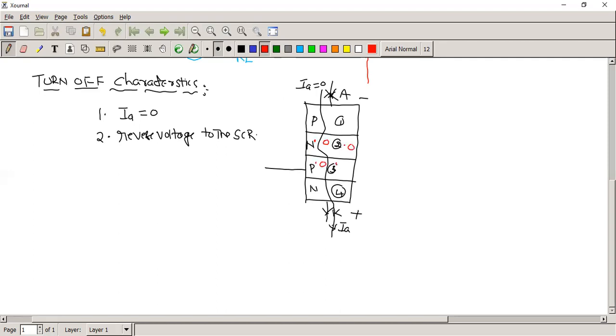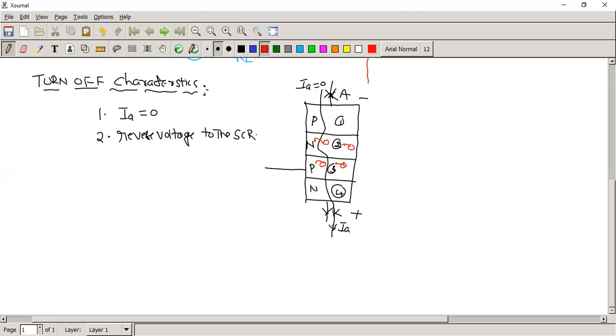This is the electron. When you apply the reverse voltage, the electron goes and falls in the hole, and this electron goes and falls on this one. It becomes a stable atom. When the atom is stable, we can't move the charge carriers in the inner layers. So that we are achieving by applying the reverse voltage. Once the charge carriers are not moving, it is not contributing any current.